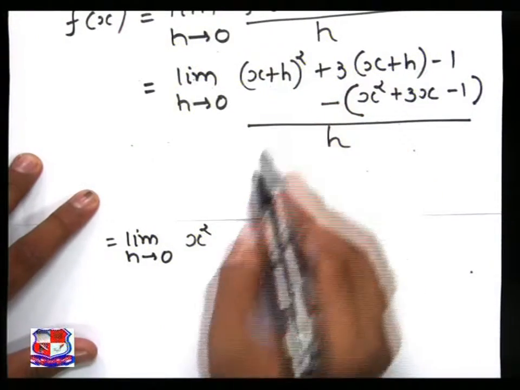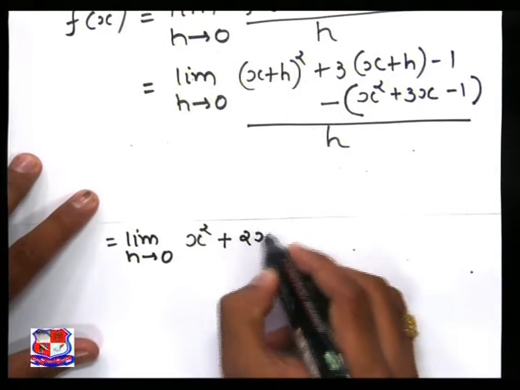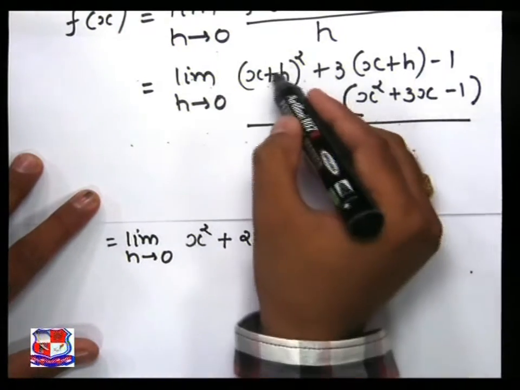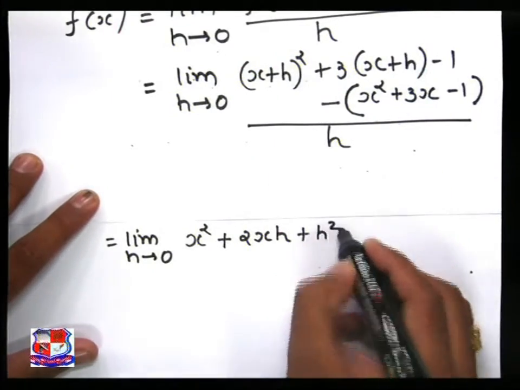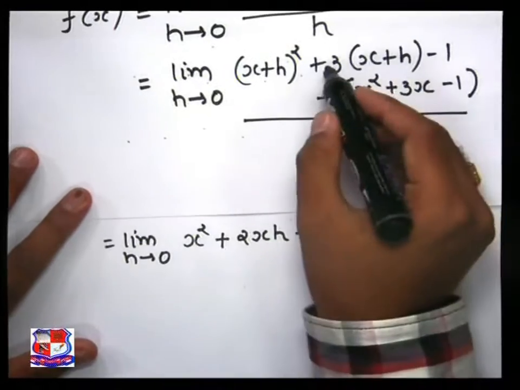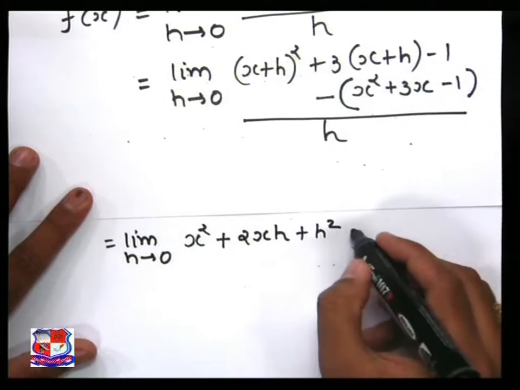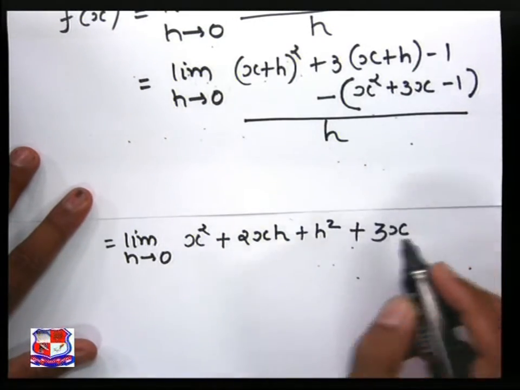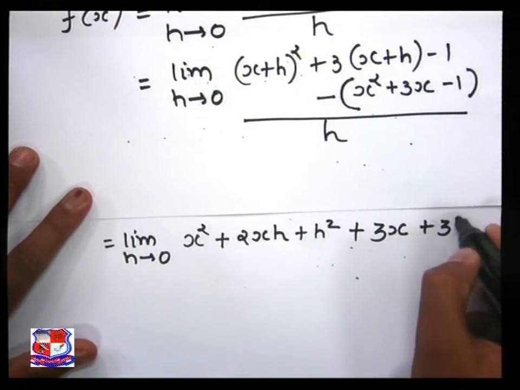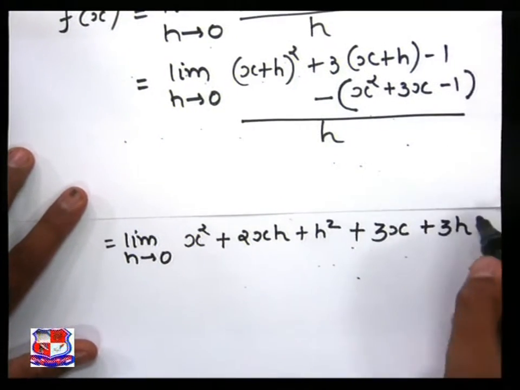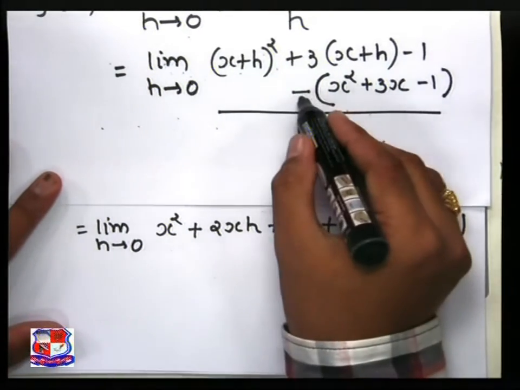Here plus, so that's why plus 2 into first term into second term, that is 2xh, again plus and last term square, that becomes h square. Now simplify the remaining term, that is 3 multiplied with x becomes 3x, 3 multiplied with h becomes 3h, minus 1 as it is with minus 1, and now time minus